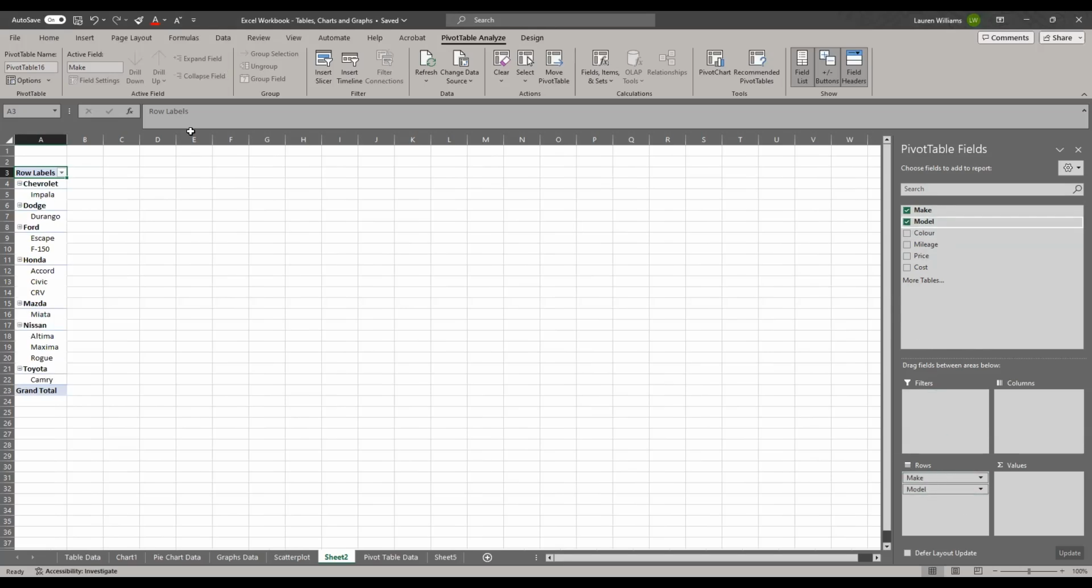rows as well. So as you can see here on your data sheet, it has nicely put each make and the model of each vehicle, and it expands those out for you. You can also collapse them either by using the little tab here, or